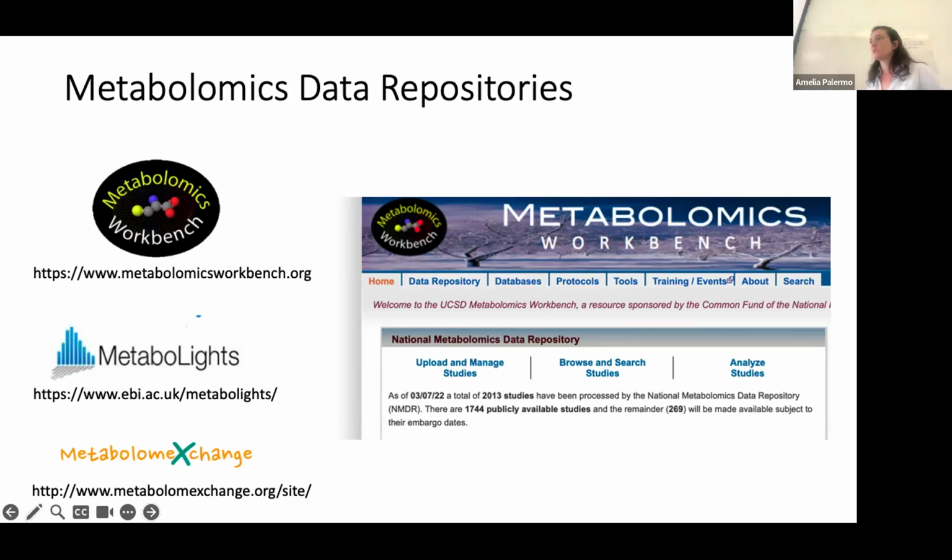Metabolomics has repositories as well. They are open source. There is data. We will use this data in the second part of this workshop today. We can reanalyze them. We can do meta-analysis on those platforms, but they are usually less known. But they are expanded. So the one that contains more accessible information and is based in the US, in San Diego, is the Metabolomics Workbench. We will navigate it later as part of the hands-on training, but there is also